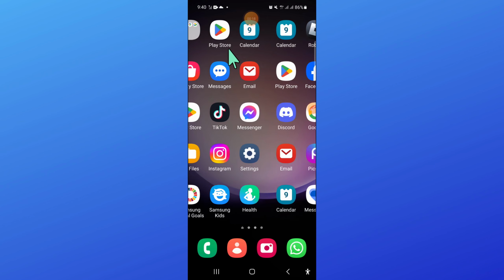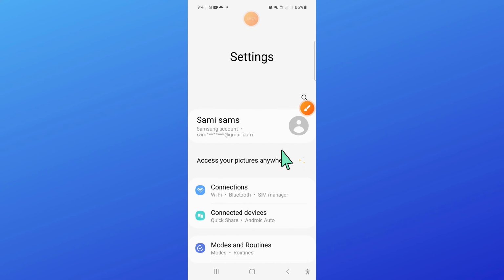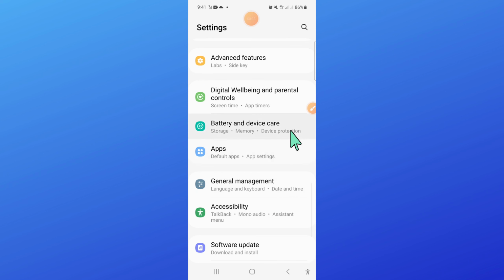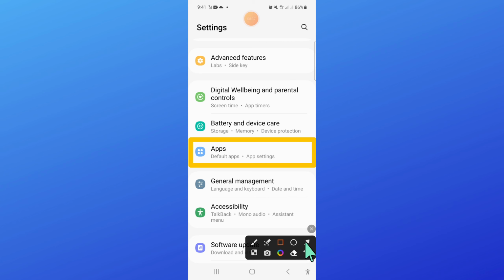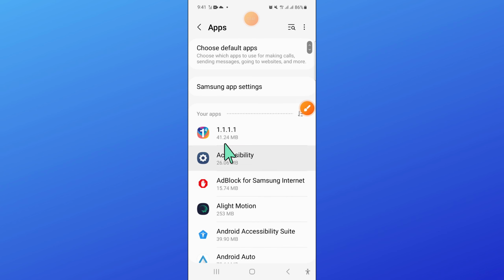So to fix this issue, first of all open settings. Now in settings, scroll down and open apps. Now in apps, scroll down